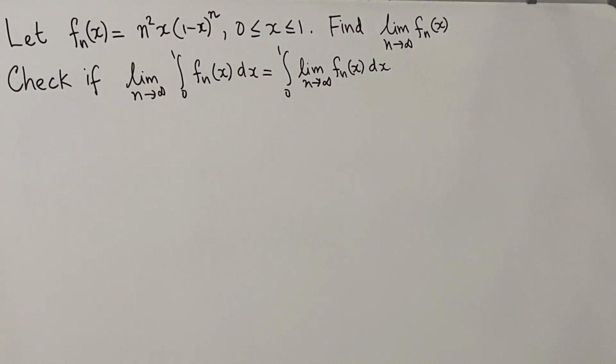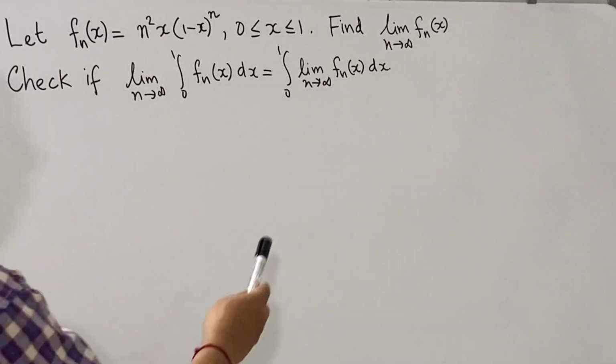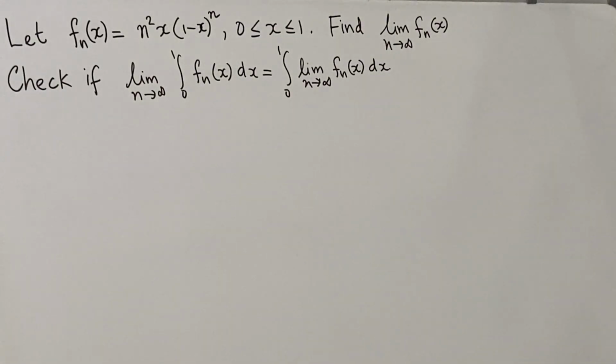In this edition, we are looking at this interesting problem. So we have this function f_n(x), which is n² x (1 − x)^n, where n is a natural number, and this is defined for all x in the interval 0 to 1, both 0 and 1 included. Now, first we are asked to find the limit of f_n(x) as n goes to infinity,